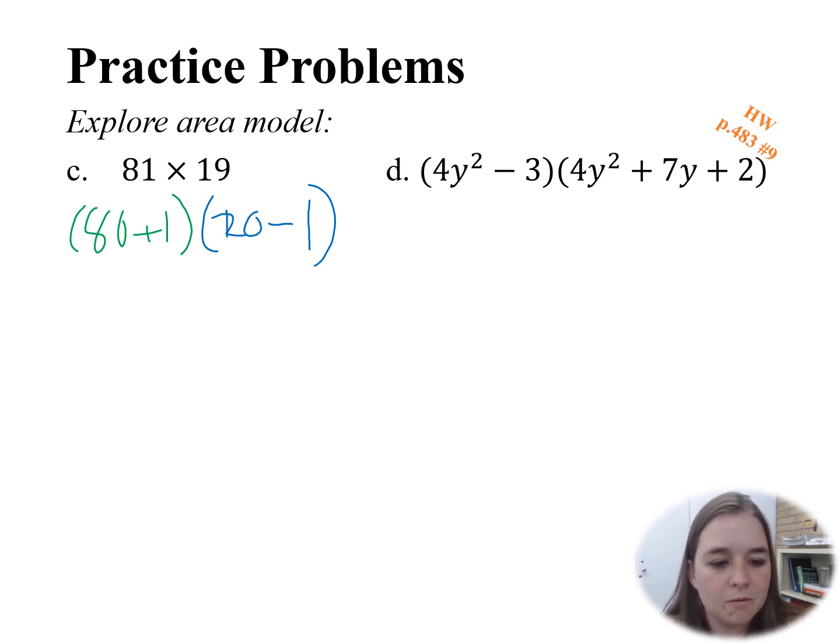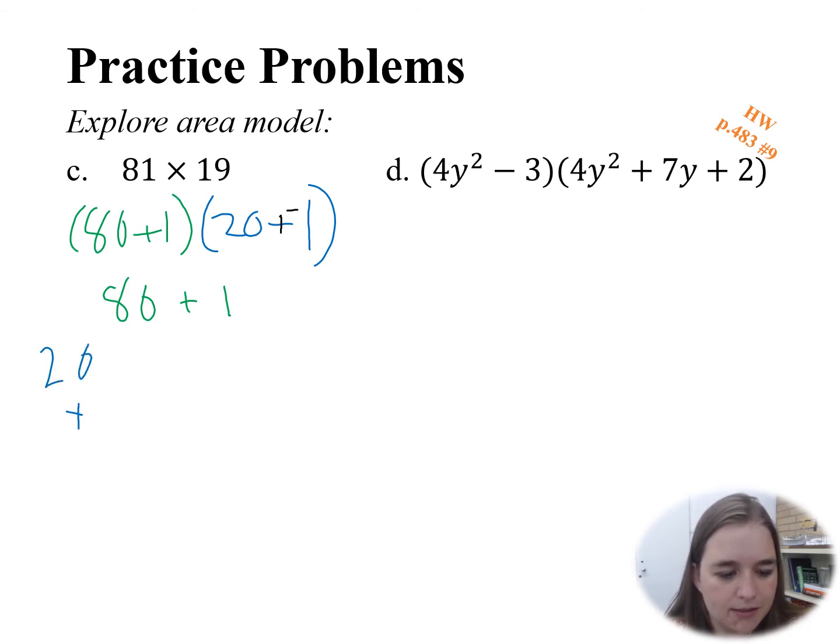You should agree with me that 20 minus 1 is the same thing as representing it as 19. And so what we're going to do when we see subtraction with our area model or with our polynomials in general is we want to think about it as really being addition. So I have 80 plus 1 and I have 20 plus a negative 1. We know that mathematically it's equivalent to say plus a negative as it is to say subtraction. Those two ideas are the same. So I'll rewrite it in my area model format, 80 plus 1 and 20 plus a negative 1. When I build my box,